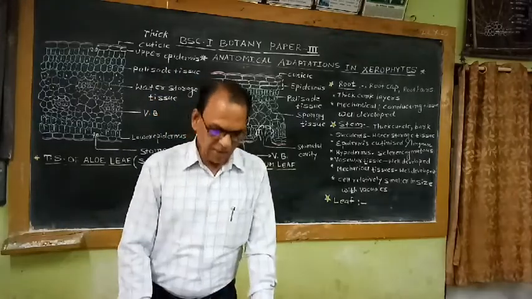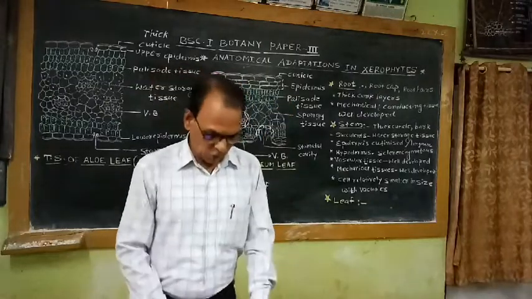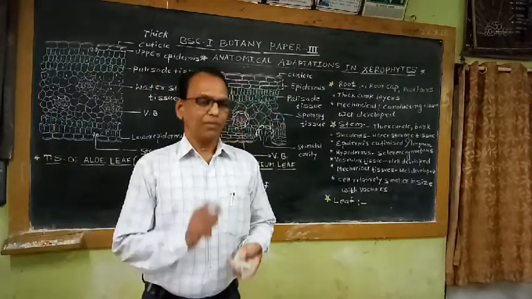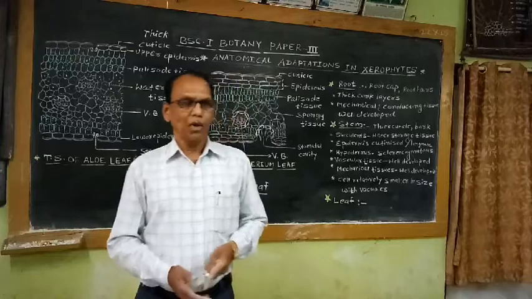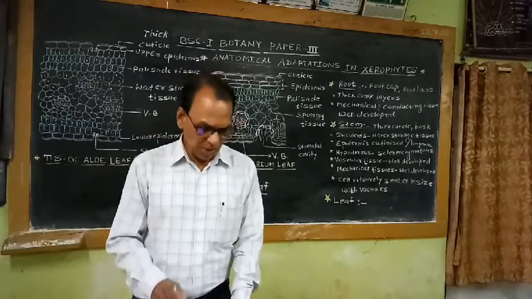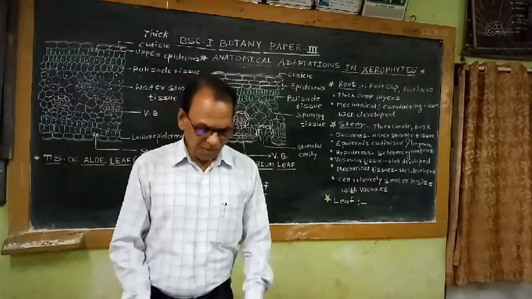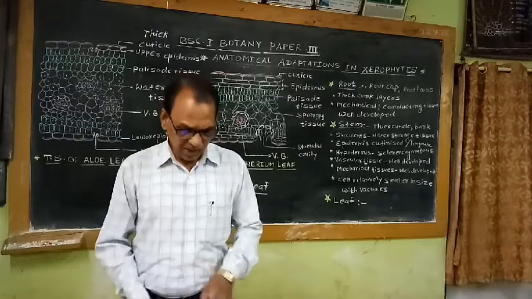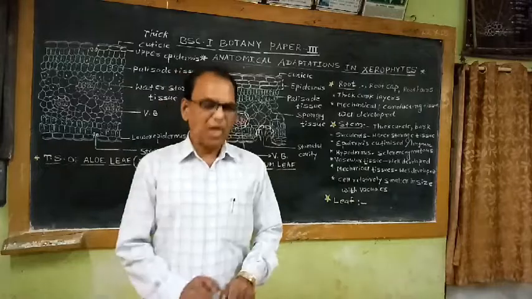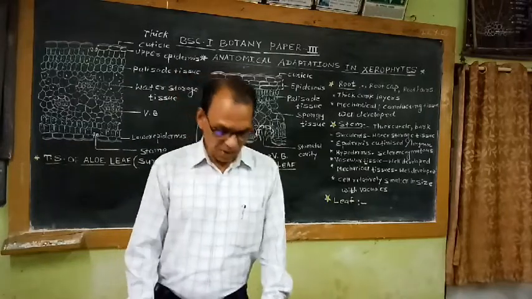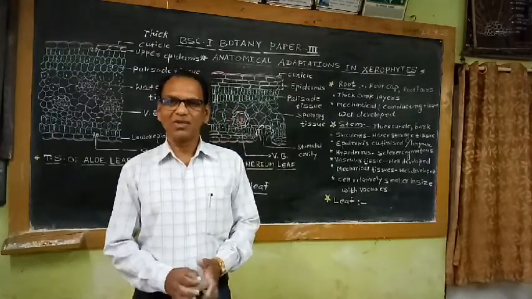conditions of nature also. Then finally, I am going to discuss shortly the physiological adaptations shown by the xerophytic plants. So, number one, the first physiological adaptation shown by the xerophytic plants is osmotic potential. In xerophytic plants, osmotic potential is generally high, and this high osmotic potential helps to maintain turgidity during drought conditions. That means more osmotic potential in the cells is beneficial for xerophytic plant tissues in order to maintain the turgidity of cells during drought or adverse conditions.